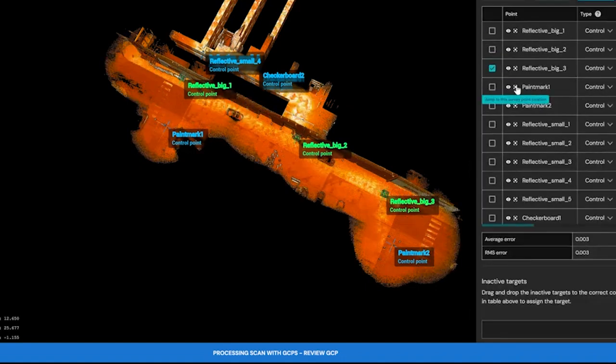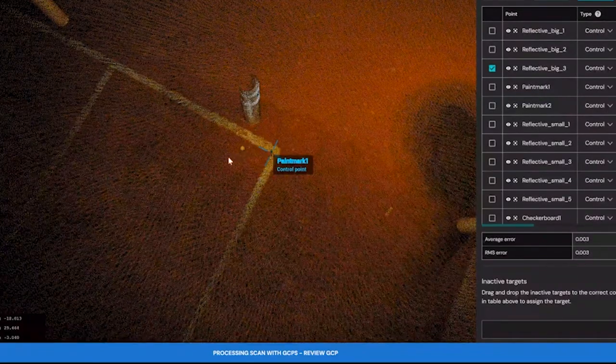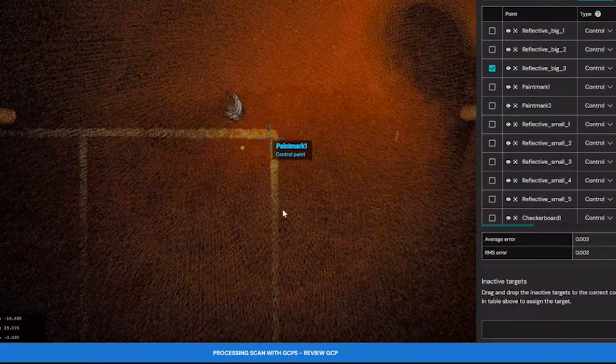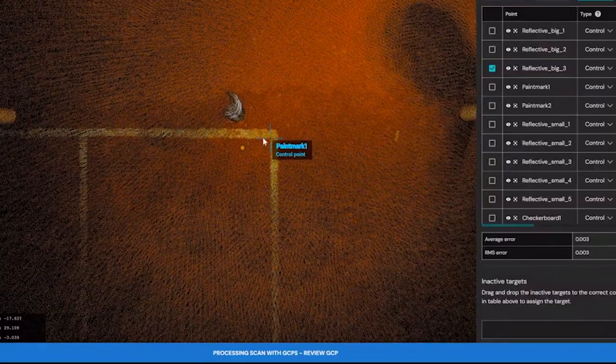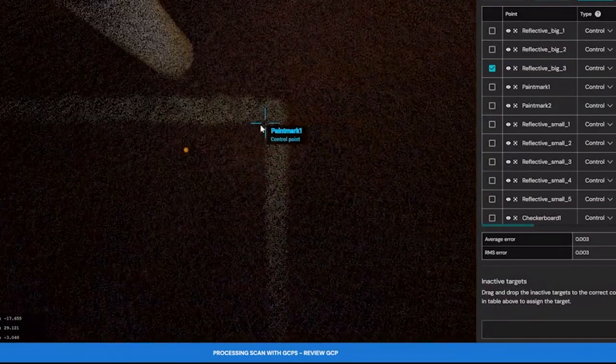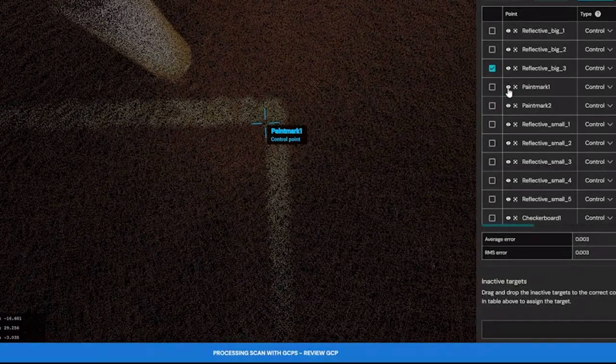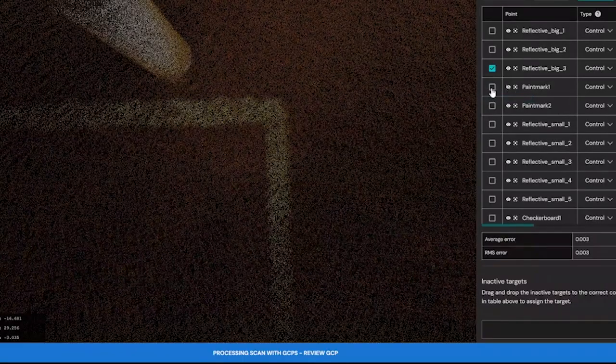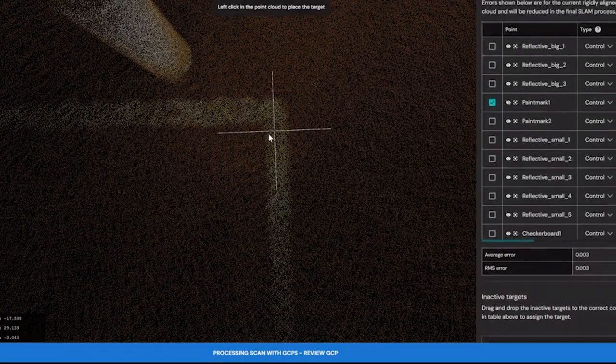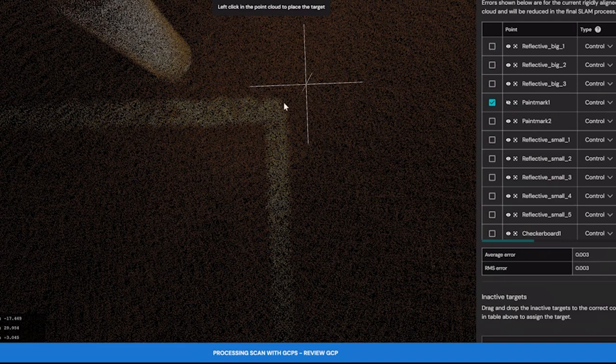By clicking on this button here, it's going to jump to paint mark 1, which we can see right there. Now paint mark 1, it's the intersection of the inside of these 2 lines. It's the point that I want to choose, and if this icon's in the way, I can easily turn it off by just clicking this button here. So I'm going to highlight that, select the target, and we don't always have to do the lasso. So what I'm going to use now is just a single point that I'm going to pick,